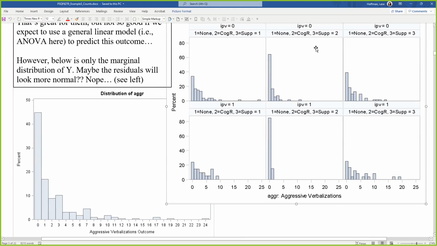So basically what the residual distribution would look like, it's less zero inflated because some of the presence of zeros was explained by which group they were in, but it still has the same issue of positive skewness in most of the cases. And heterogeneity of variance. So like this condition right here, most of the people were zero, and only a few people were not zero, with nothing after it. So this condition has much less variability than any of the others do, for instance.